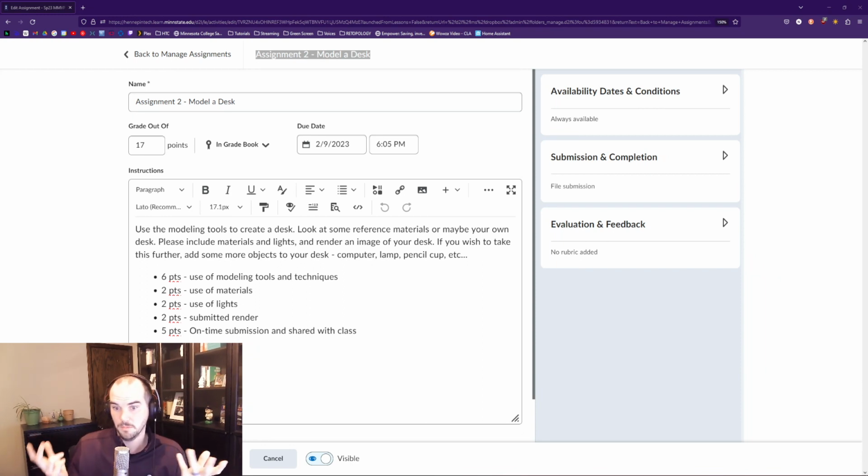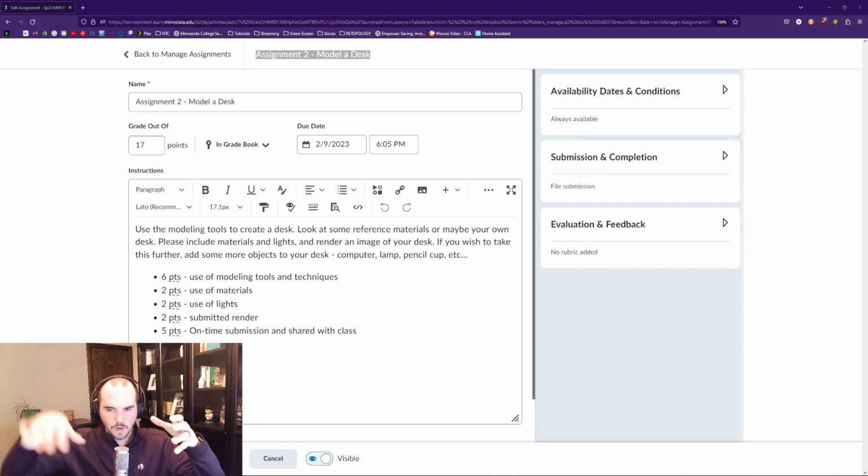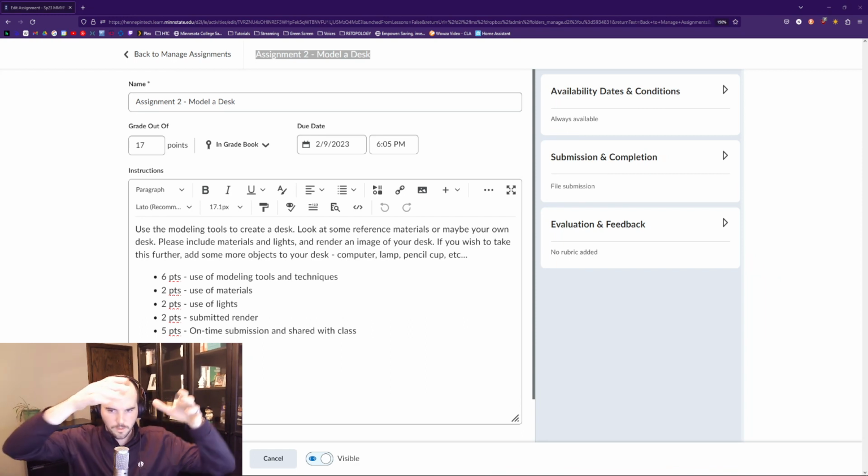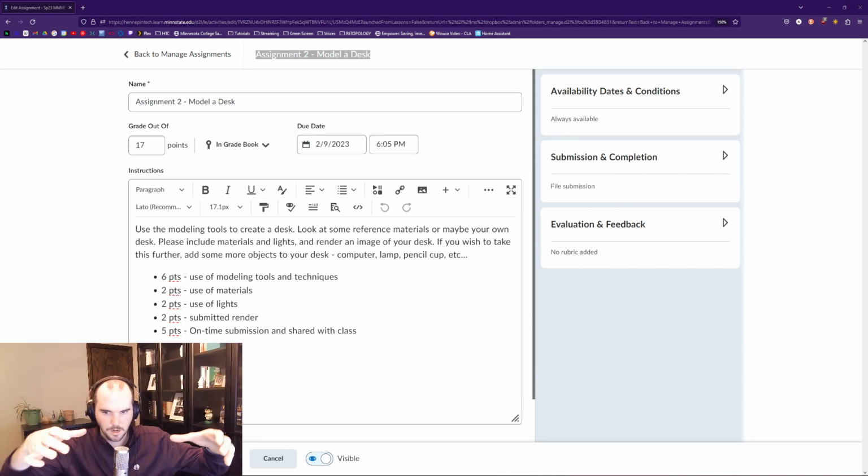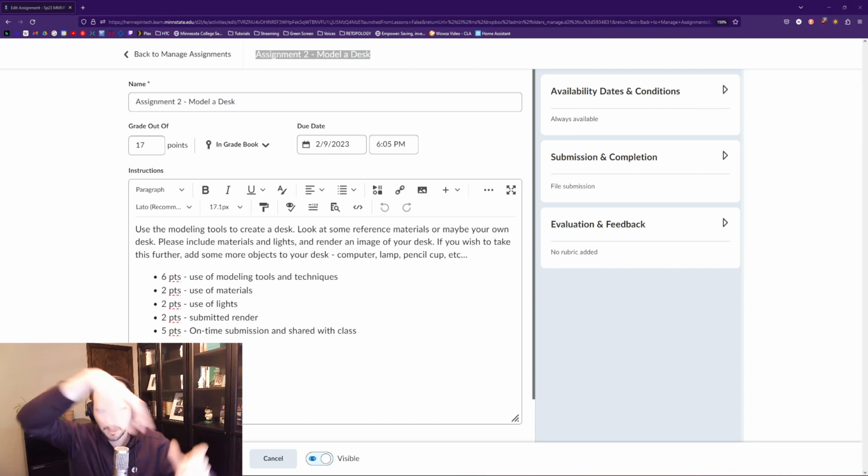Probably a rectangle, maybe not. Are the legs of your desk rounded? Are there drawers? How would you do drawers? Maybe the drawers are a separate object that you just place in there. Or if you have a lamp, what would you do for a lamp? Would you start with a cylinder and expand out the bottom and cut out the top, and then maybe a light bulb in there? So this is part of the exercise, and deciding which